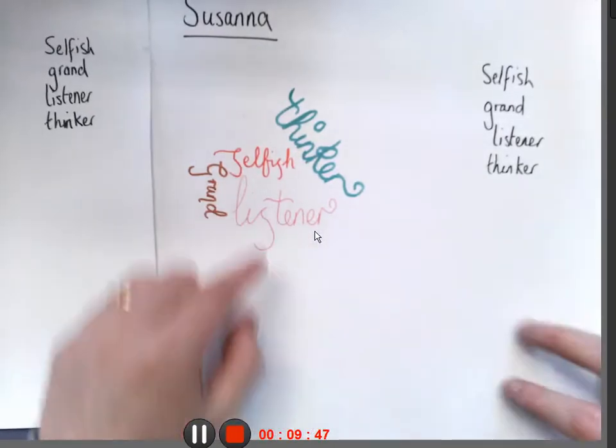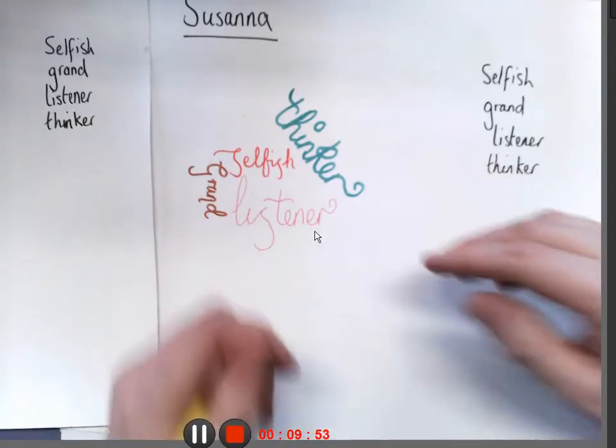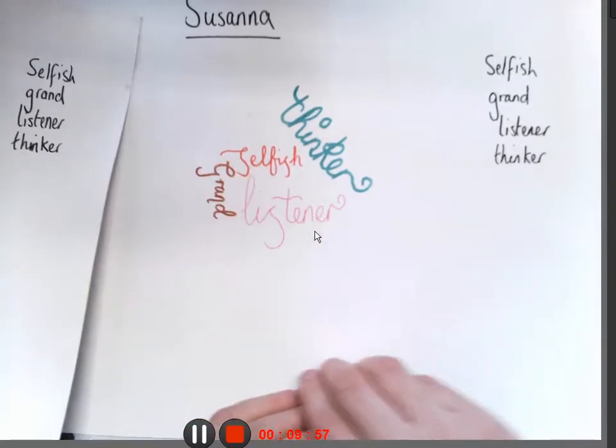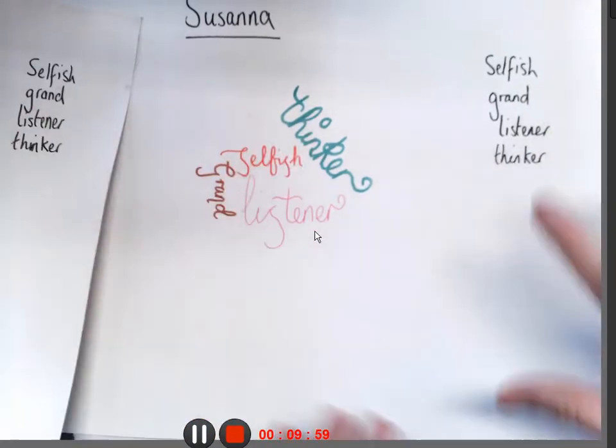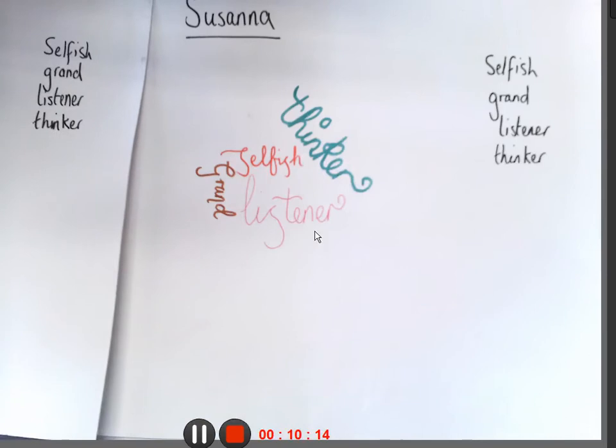Hopefully you can see that it becomes more interesting with more words. With four words it's actually quite hard to do this, but with more words you'll have words going at diagonals here, words going down, words going off, like a big game of Scrabble, I suppose. Try and use different colours and make it more interesting. If you want to, try my cursive handwriting, my calligraphy that I've tried, but you don't have to. Okay, so that is a Wordle.